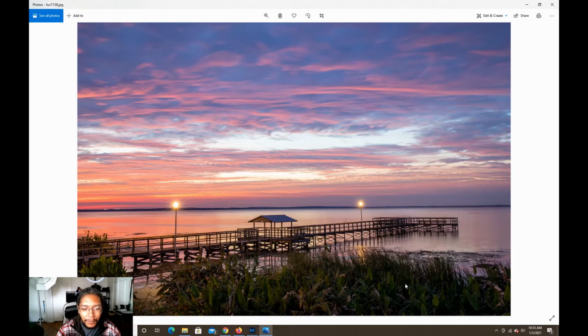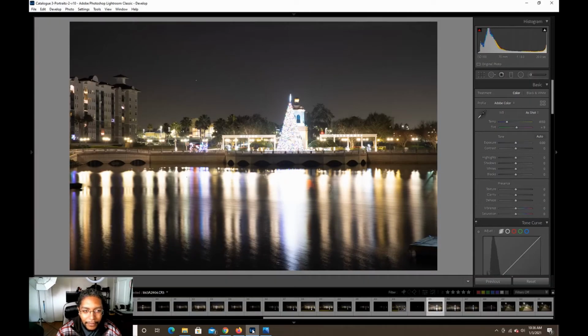So what we're gonna do is go into Lightroom and do this process. You don't even have to take this into Photoshop, you can do all of this in Lightroom. For this tutorial's sake, I went out and took some photos on New Year's Eve. And so we have here our first image in the series that we're going to stack, which I exposed